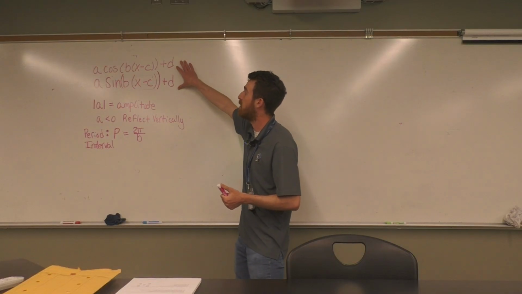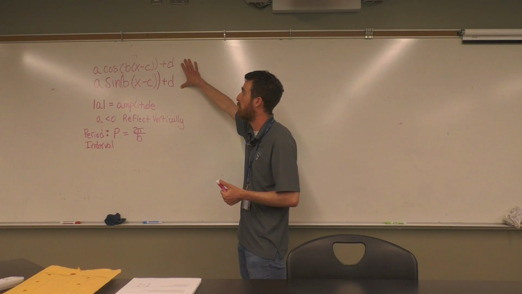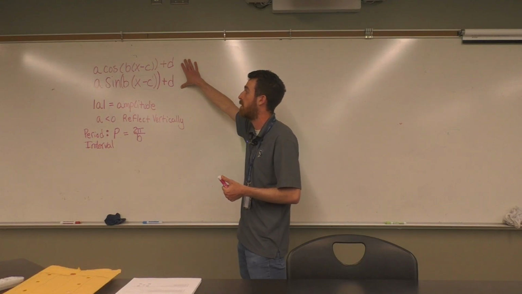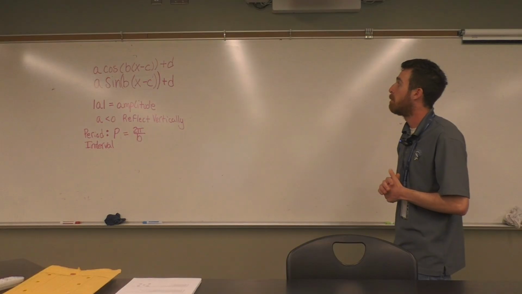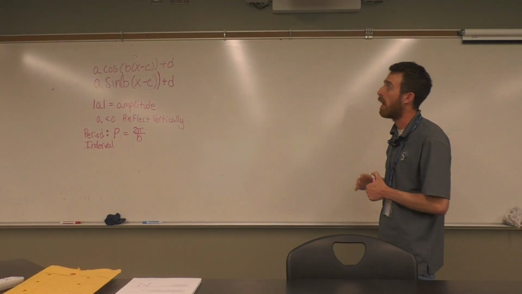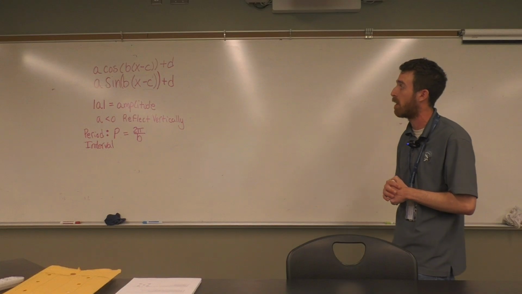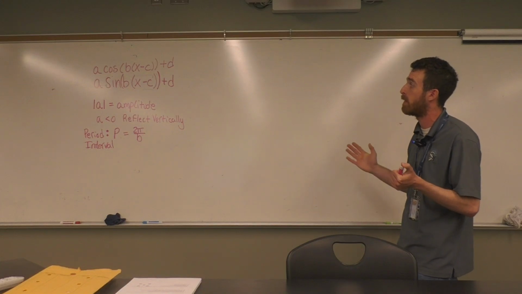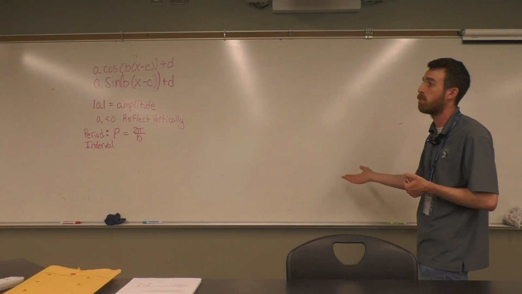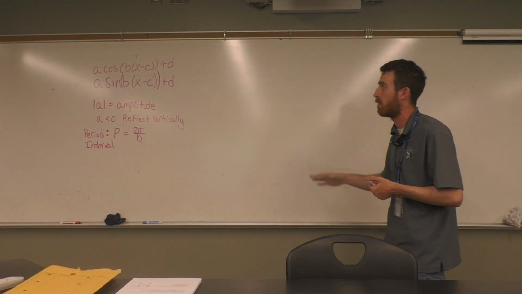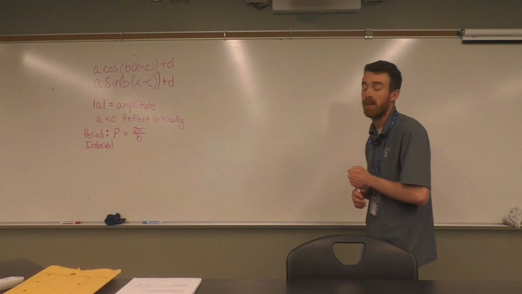We should think about these as the archetypes or the general formula for a sine or cosine function. I'll do it differently for the other trig functions. A, B, C, and D are just the letters that I use. I normally write x minus c, which just shows that the horizontal translations are in the opposite direction. But you should know what to do if you see x plus 2 and know that that's moving to the left. So I normally use those letters, and I will refer to the formulas with those letters,